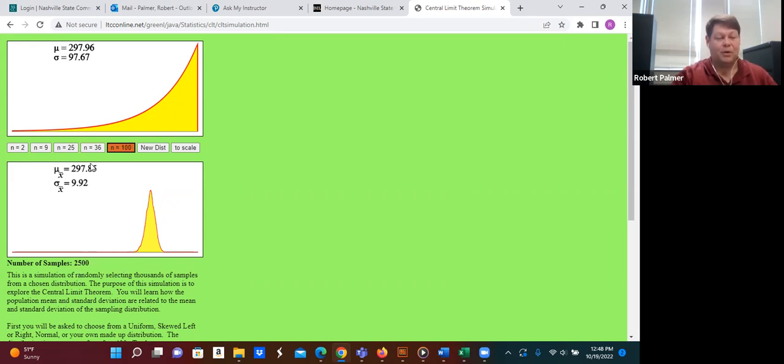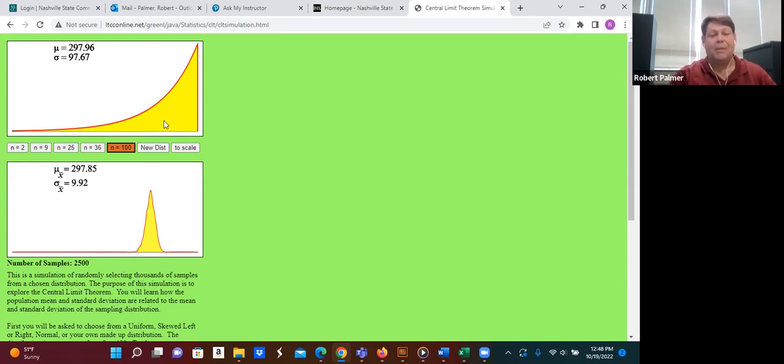So we're taking 2,500 samples. Each sample is 100 measurements. Take 100 random samples out of this and average each one of those, and we get this normal distribution, which is a much narrower, much smaller standard deviation than the original one, but the mean is approximately in the same place. So once again, this is really powerful because the idea is